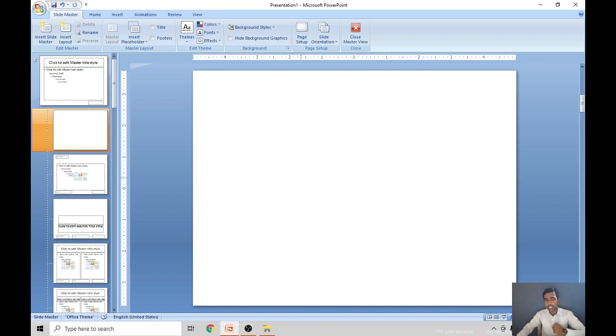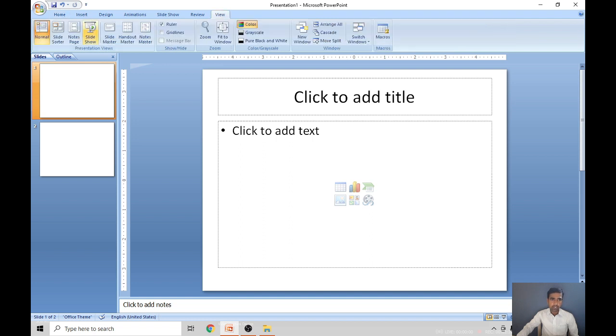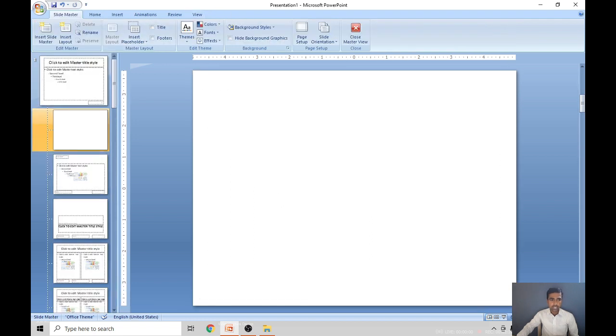So how to create that own layout? Let us see. Creating your own layout is called a custom layout. So how to create a custom layout? Custom layout means according to our need, we can create our own layout. So how to create that one? Close the master view. Again you have to open the master slide. So in a blank slide you have to create your own custom layout.